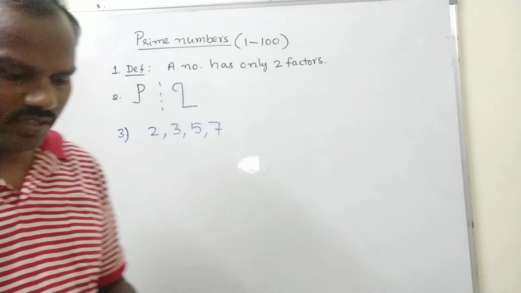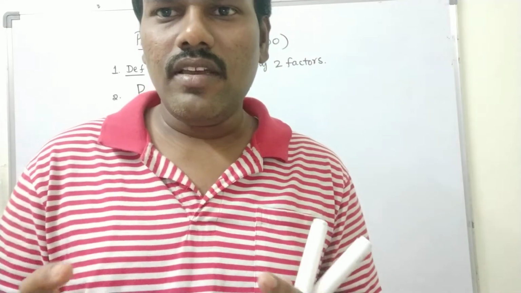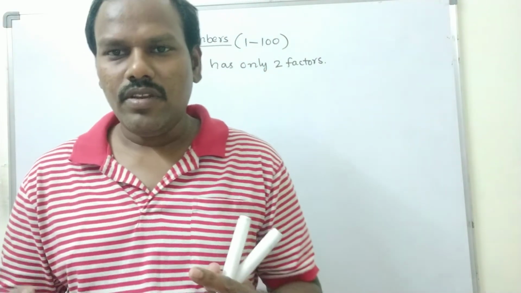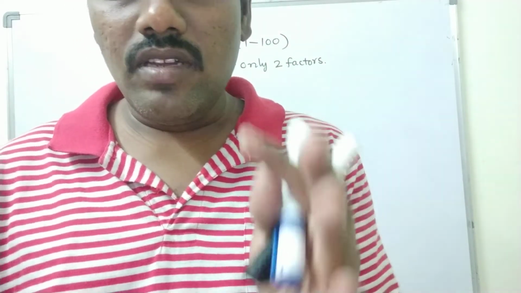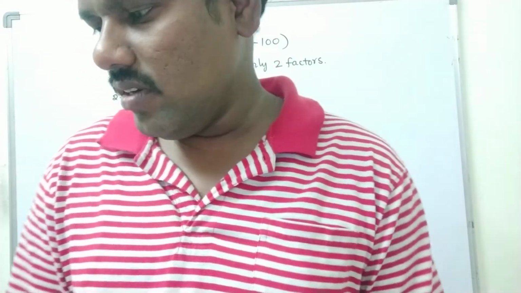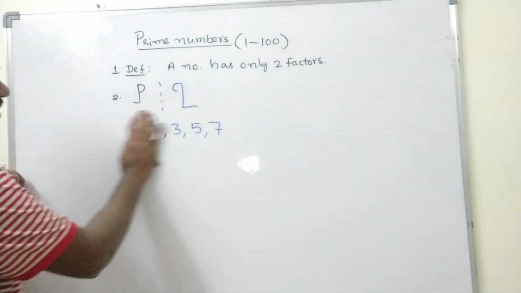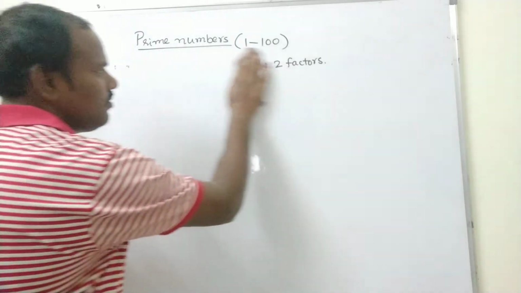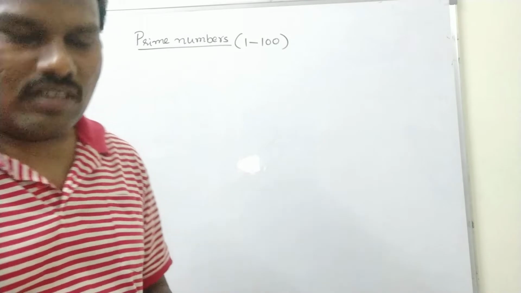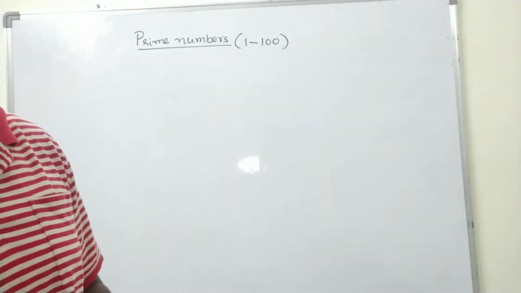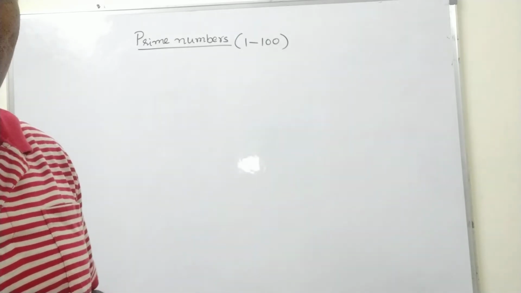Now how to write prime numbers from 1 to 100. This is the logic I developed myself. You won't find it in any book, anywhere. I created this logic on my own while I was preparing for the bank exam. I have already cracked the bank exams 2-3 times. Now I'll help you find the prime numbers easily, especially up to 10th class, which is where all the students mostly require it.